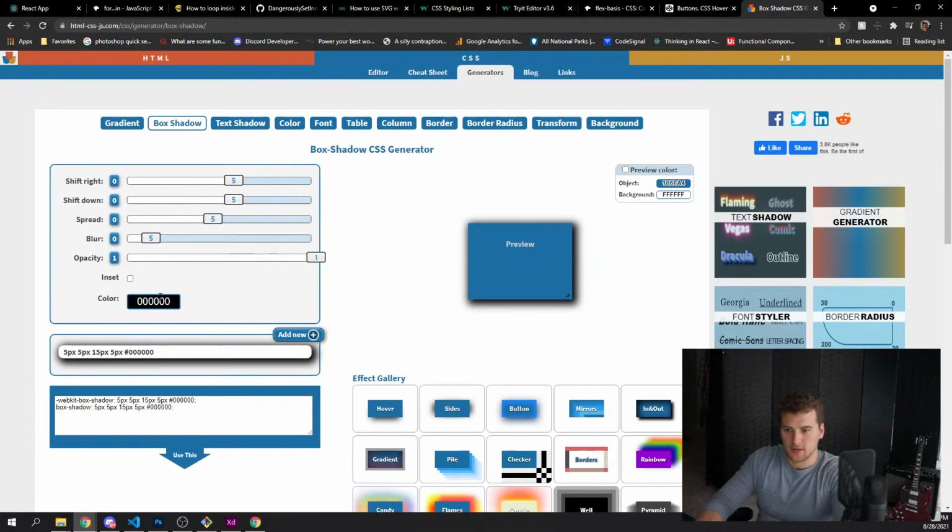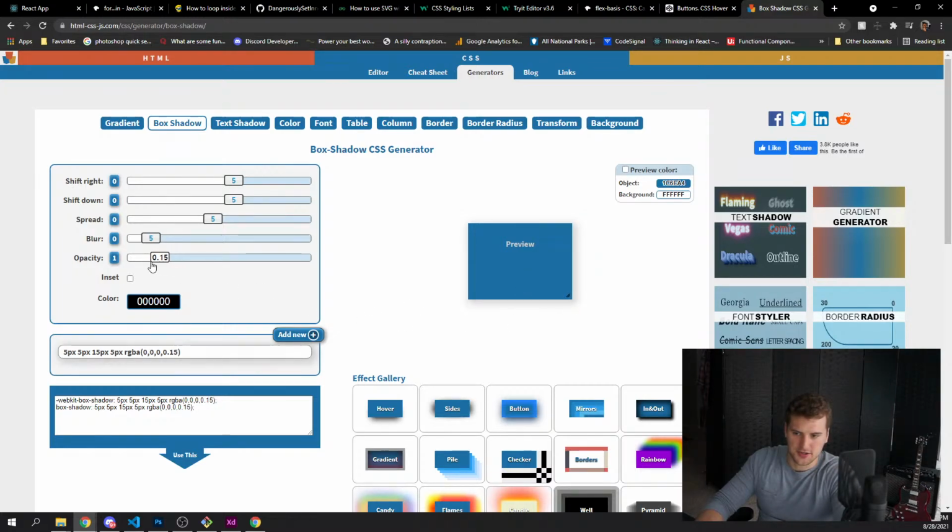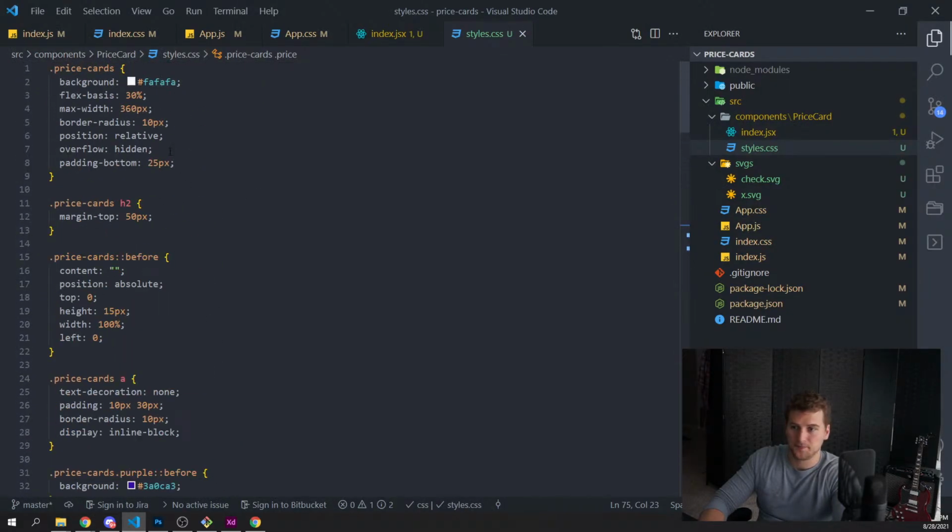We want the opacity to be like 16% or 20, we'll do 20, because a solid black shadow doesn't look good. That looks too much. Maybe 15. Shift right. Shift down. Wait, yeah, I liked those. The spread. The blur, make that a little bigger. That looks good. So let's grab this and stick this on our price card.